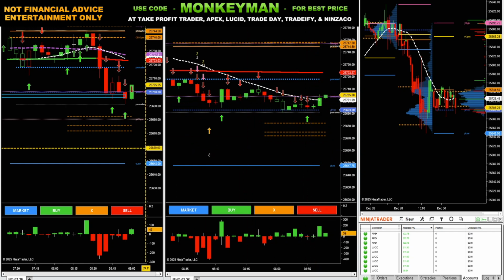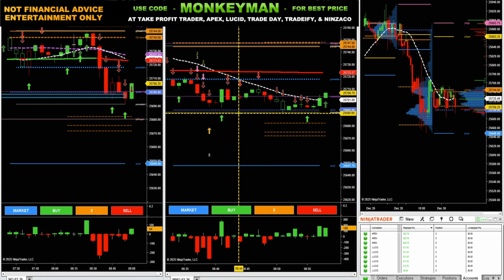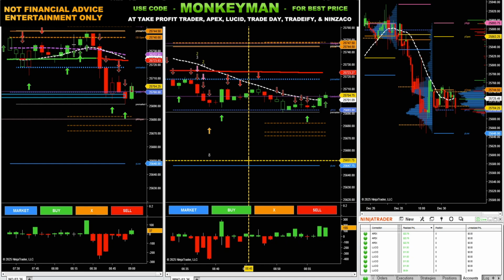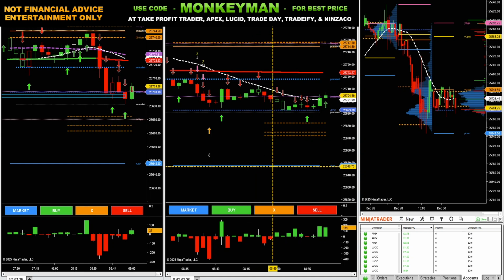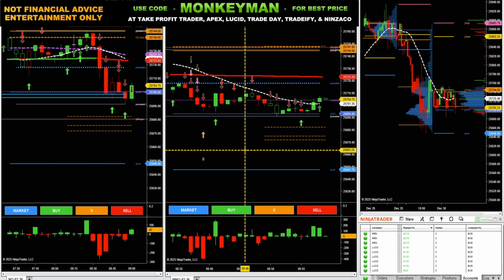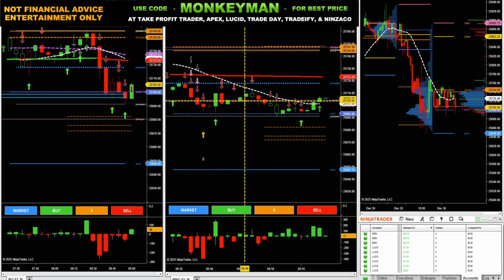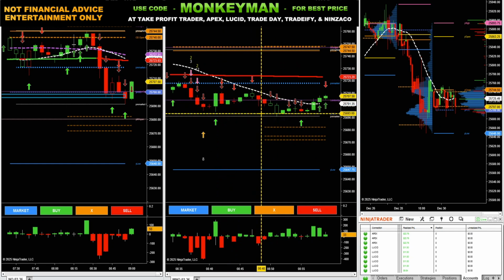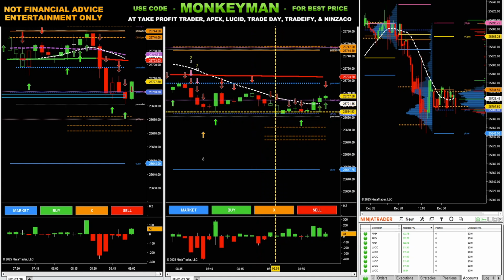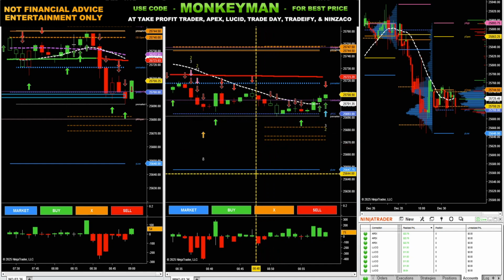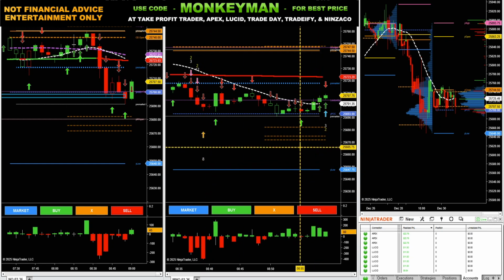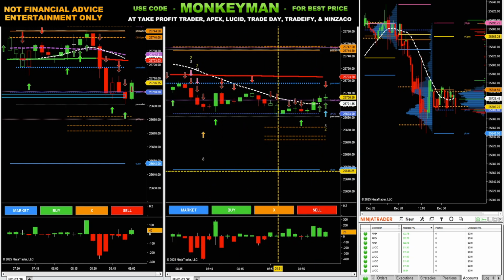This is a 1 minute chart and this is a 5 minute chart. I've got the ultimate delta painting the candles on both of these charts. I've got level 1 activated, just level 1, and I've set the threshold to 0. So any positive delta is going to paint the candle green, and any negative delta is going to paint the candle red. And then I've got single bar divergence on, just painting the inside of the candles black if there's single bar divergence. I've got the polarity indicator on here. And then on both of the charts I've got an experimental indicator that I'm just messing around with.